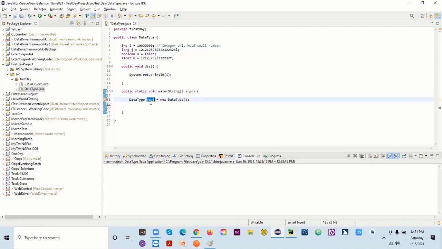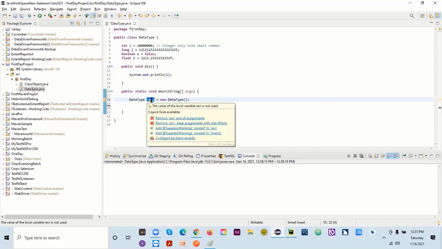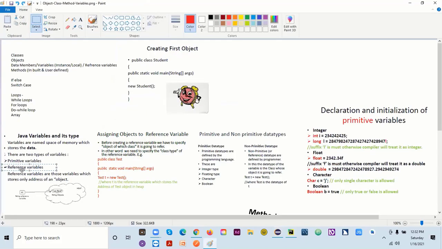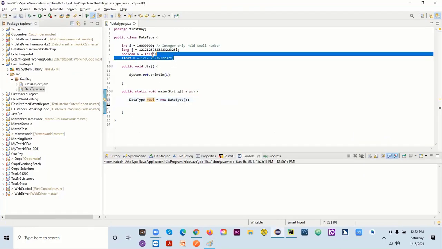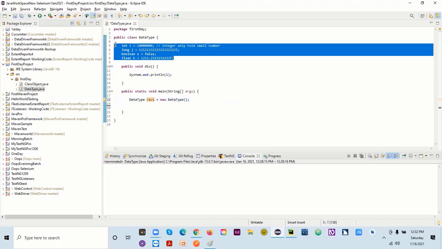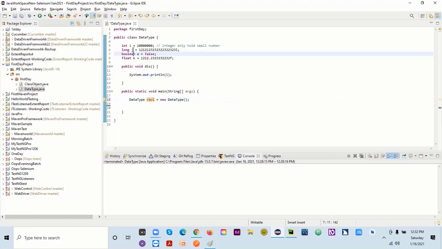Now I can write any name here. So what does it mean actually? This is a variable for me, but I can give any name. So this is a reference variable. A reference variable name is not defined in Java, I can give any name. But this is a primitive, which is defined in Java. I cannot change it.